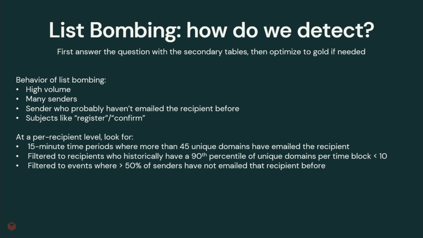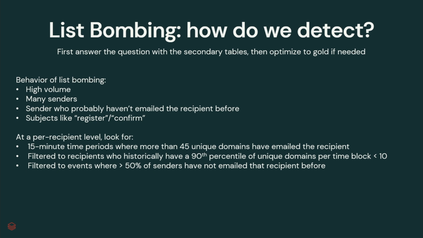we saw the attackers just put random data into this field. But the attacker does control this, right? The attacker could choose to put the actual user's name in there. So we don't want to be crafting a detection around something the attacker can control. And since this is an attack that's targeting specific recipients, we want to build the detection logic around per recipient